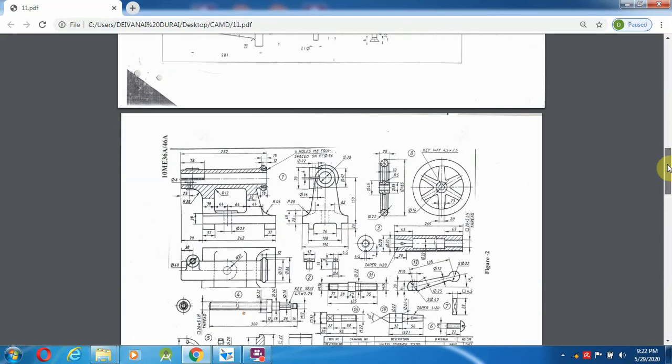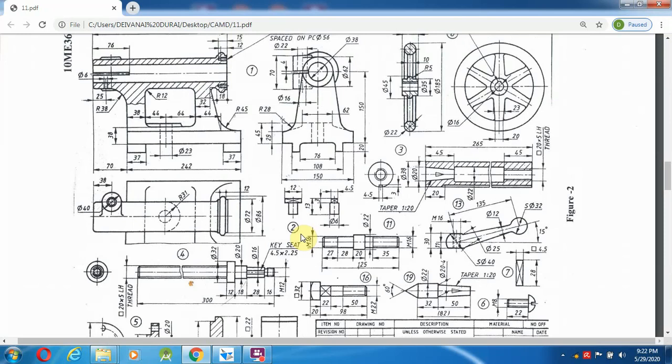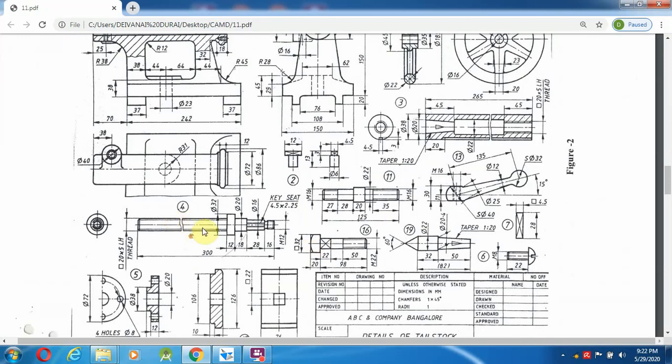First we will see the second and third components. This is the second component, and they have given two views. Then the third component also has two views, and the fourth and fifth are given here.